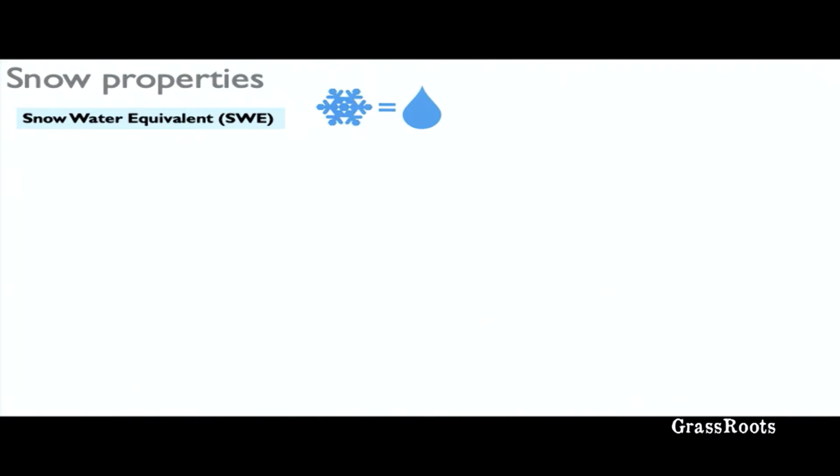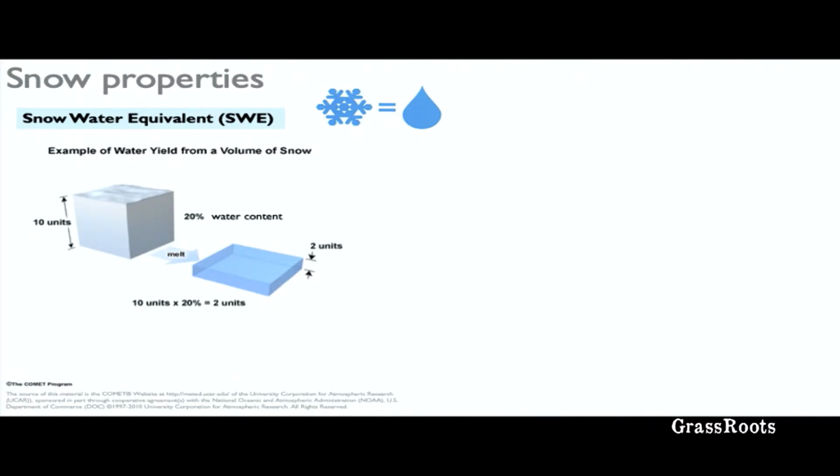When we think about snow from the water perspective, what we're really interested in is how much water is in the snow. We measure that as the snow water equivalent, which we will call SWE. So let's look at an example. Let's say we have 10 inches of snow depth. If we were to melt that 10 inches of snow, we might get 2 inches of liquid water. So our snow water equivalent is that 10 inches times the 20% water content, which gives us 2 inches of water. We can talk about SWE, the actual inches of water in the snowpack, or we often also talk about snow from the perspective of the ratio of the depth of the snow to the depth of the